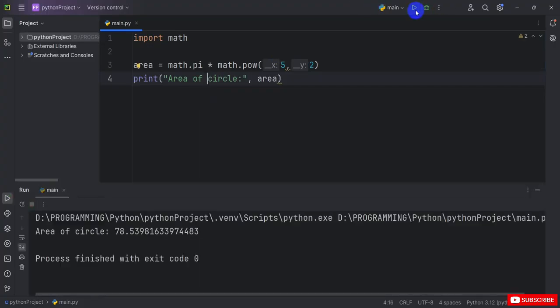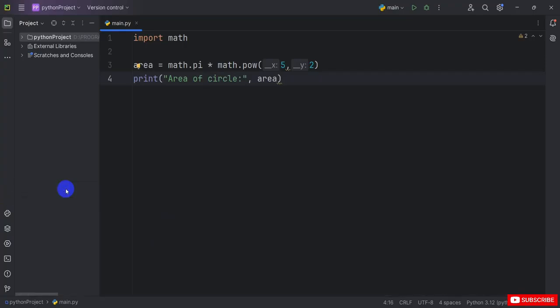So as you can see here, it shows the output for the area of circle is 78.53. Okay, so I hope you understand this simple example with output. So that's it for this tutorial topic, where I created functions and modules,